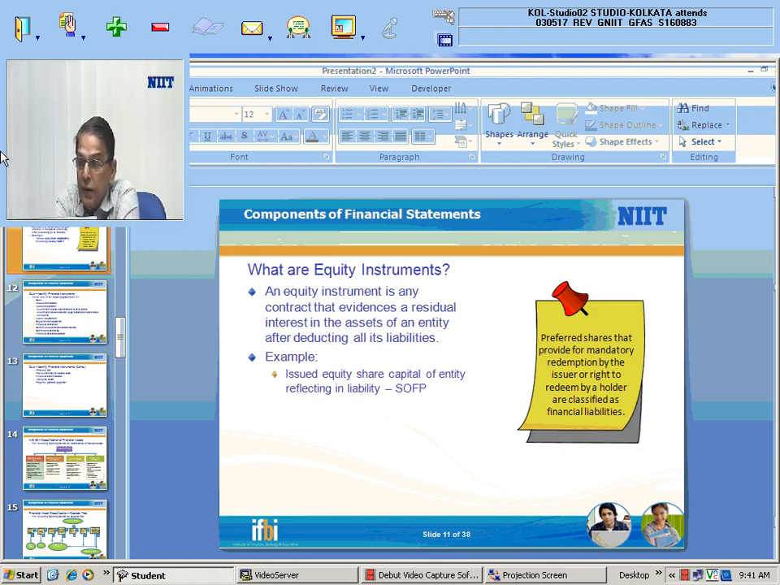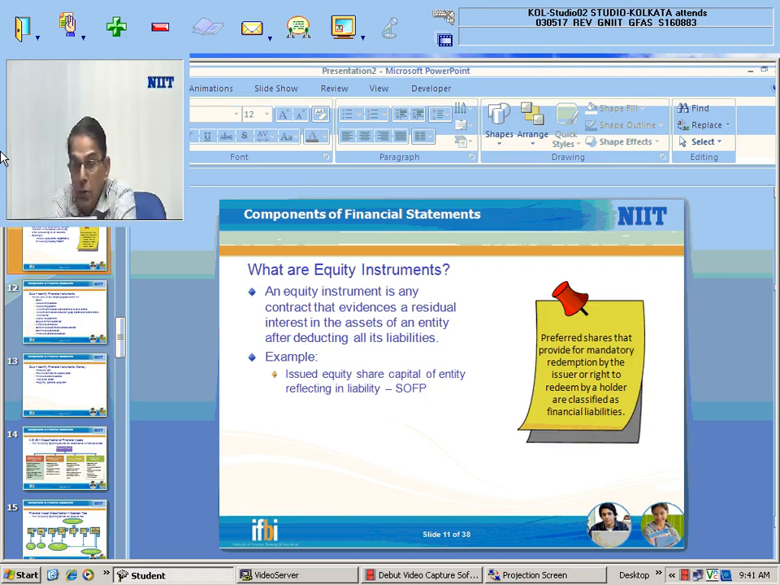Preferred shares, which provide for mandatory redemption by the issuer or a right to redeem by a holder, are classified as financial liabilities, not as equity instruments. Remember, a company sometimes issues preference shares or preferred shares which provide for mandatory redemption by the issuer or the right to redeem by a holder. These are classified as financial liabilities, not as equity instruments. So examples of